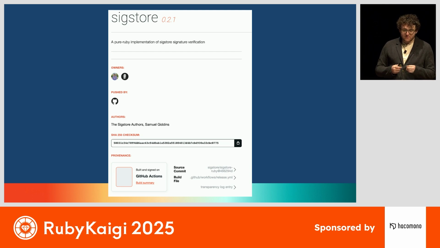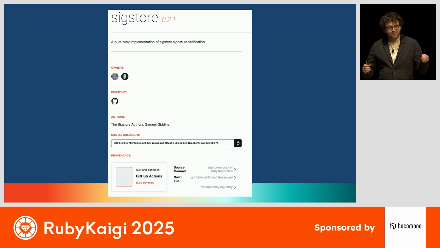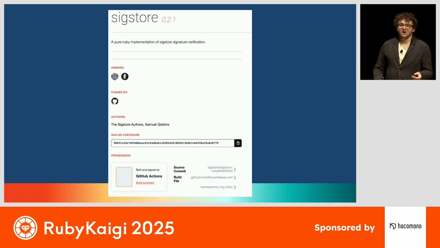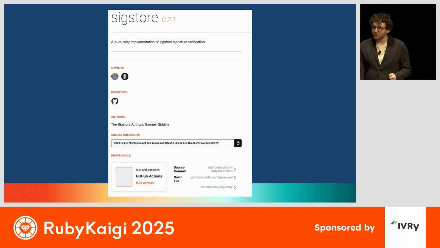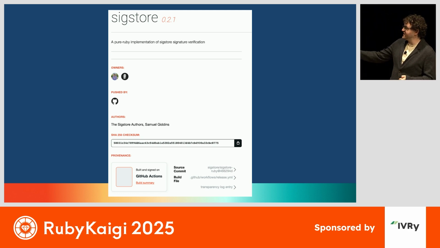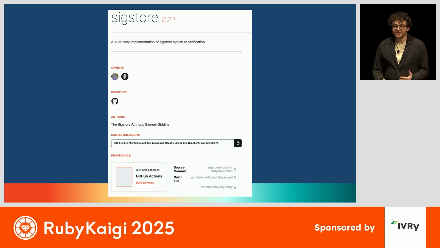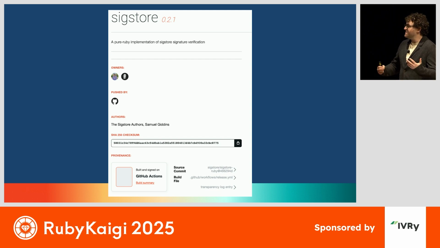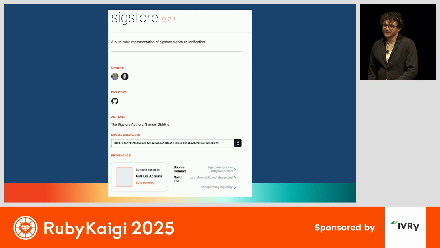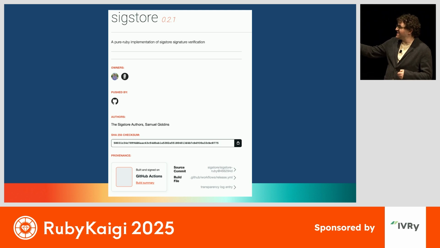And what's pretty cool about sigstore-ruby is it powers that very bottom section of the gem page on rubygems.org. That little bit that says provenance, built and signed on GitHub Actions, the commit, the build file, the transparency log entry. Yeah, that's the thing that I spent all of last year building just to get that one little bit